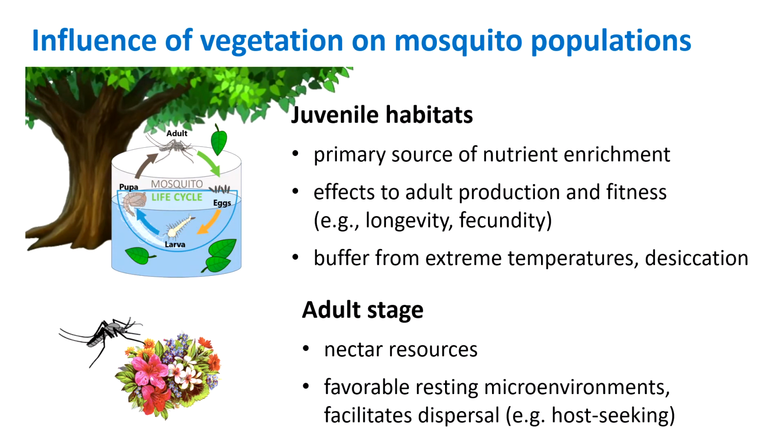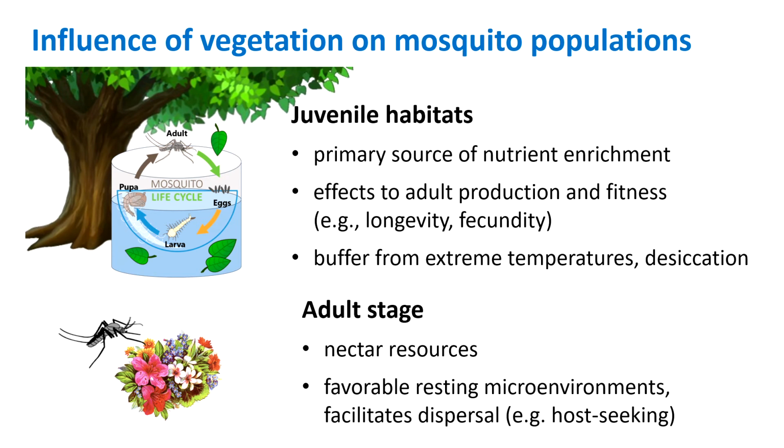So these traits are really influenced quite greatly by the environment. And one major environmental factor is terrestrial vegetation. And it has a lot of both direct and indirect effects at different points in the life history. With the juvenile life stages, one of the main influences of terrestrial vegetation is providing this substrate within the aquatic